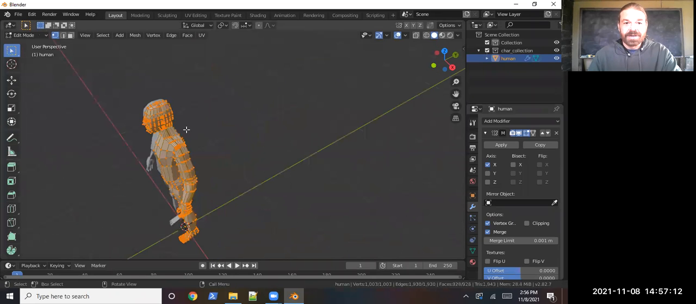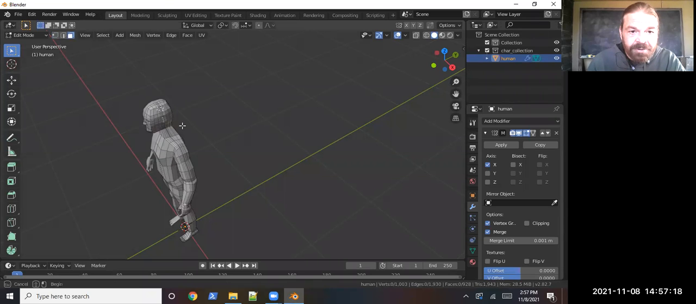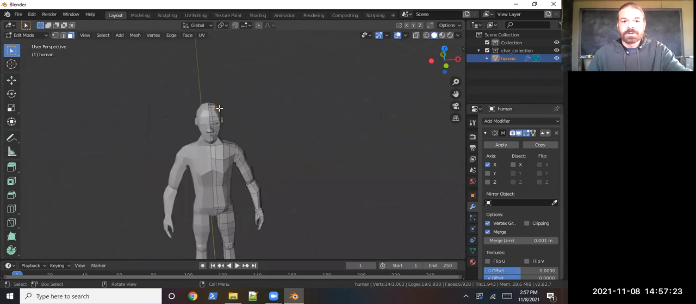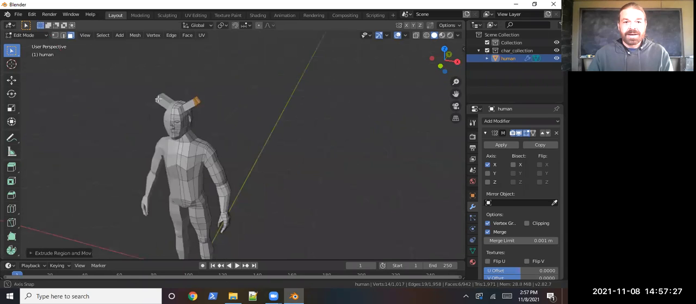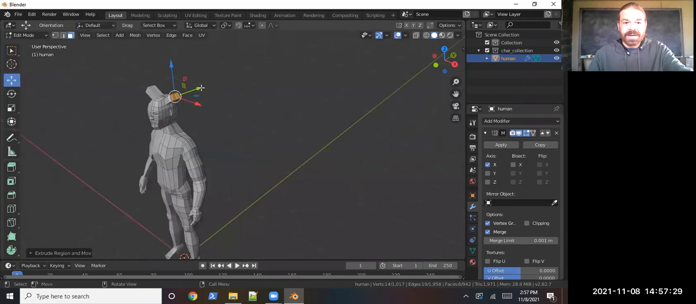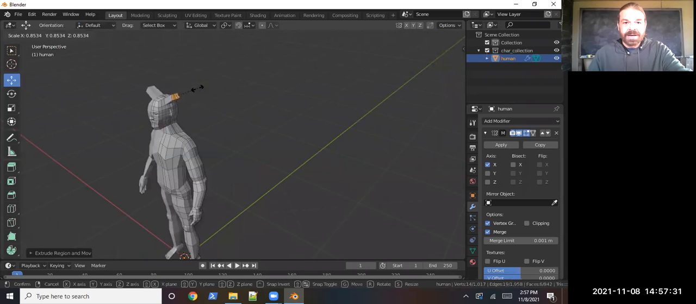It's some sort of demon-like character or something. So we can come in here and, like we saw, maybe select a few of these faces and then use that extrude tool. So extrude that out, something like that. And with that surface selected, we can hit scale to bring it down a little,